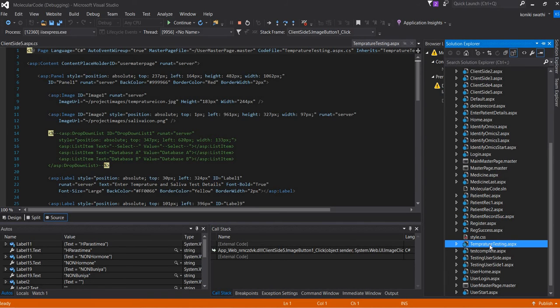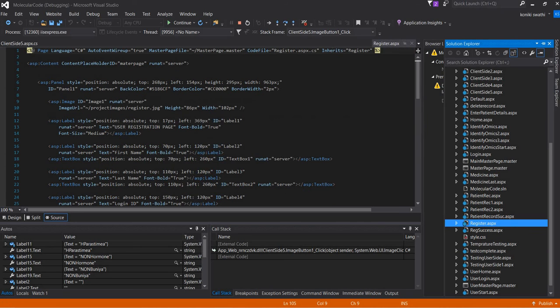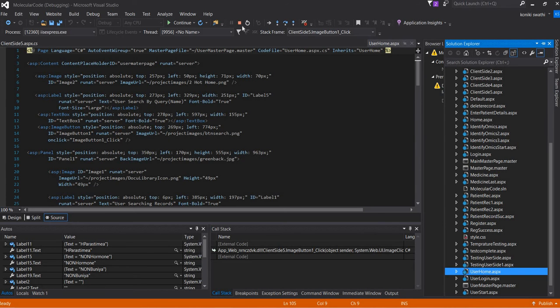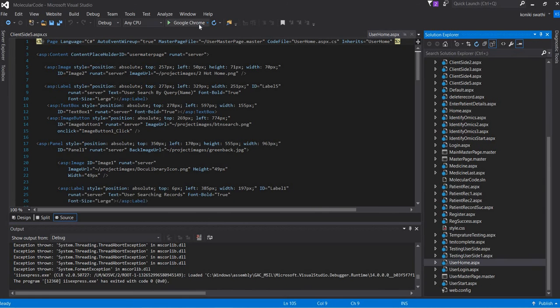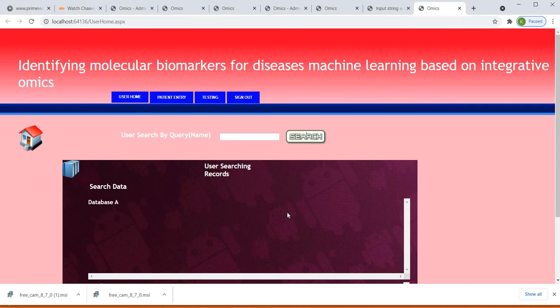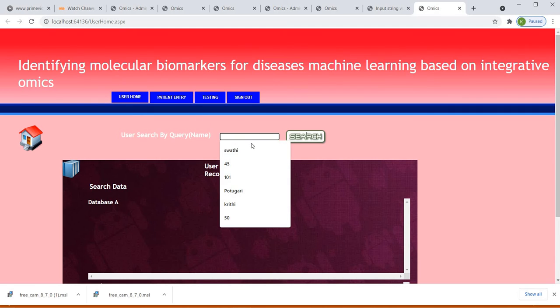After that, registration, all that we have shown, and user home. This is the user home. By name we can search.